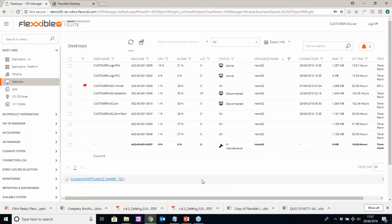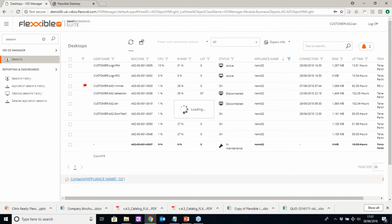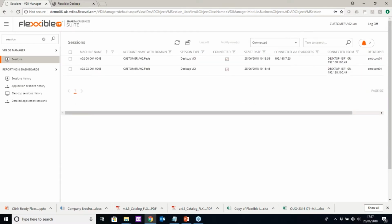So I've talked about deploying templates, assigning those templates to a user, and some of this day-to-day management of the environment. In terms of supporting a user, being able to drill into a detailed view of the current state of a user or historical information for a specific desktop is critical in providing that level of support in order to deliver that world-class user experience. So again, if I click on my desktop view